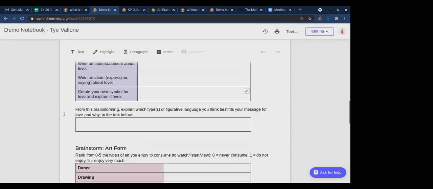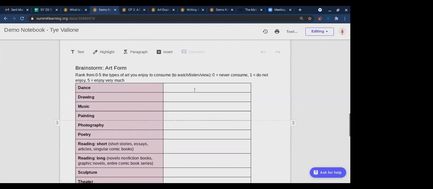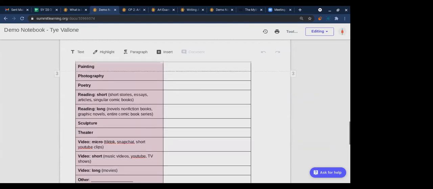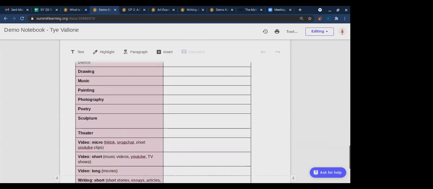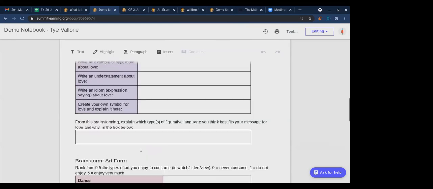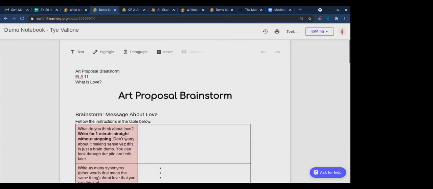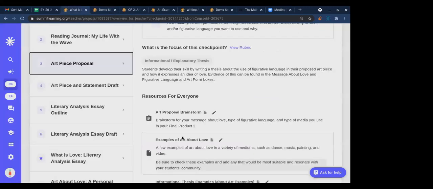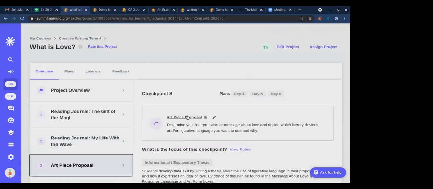Okay. And then you're ranking these 0 to 5. How much do you enjoy watching each of these types of art? And then how much do you enjoy doing each of these types of art, 0 to 5. And then filling out these boxes here as well, answering this question. Okay. And that's the brainstorm, which will help you then be able to come back and do the actual checkpoint right here, art piece proposal,